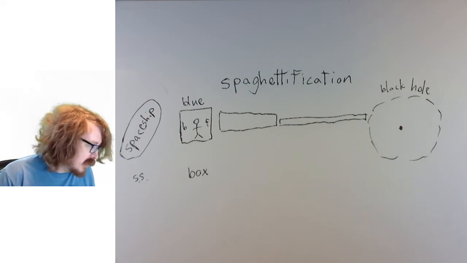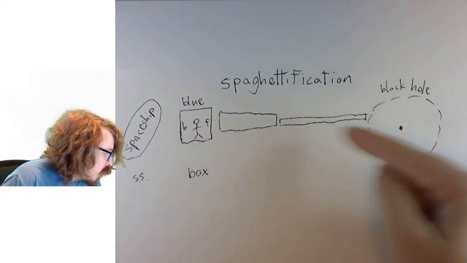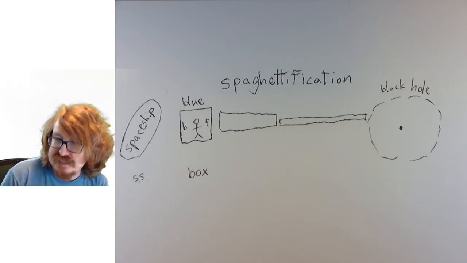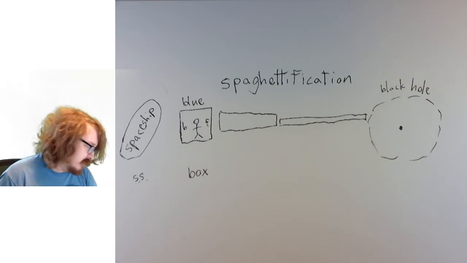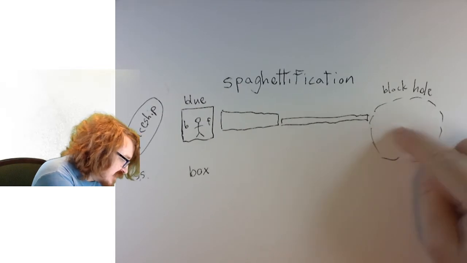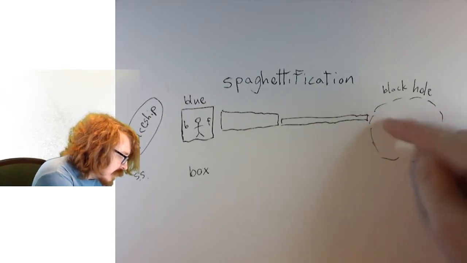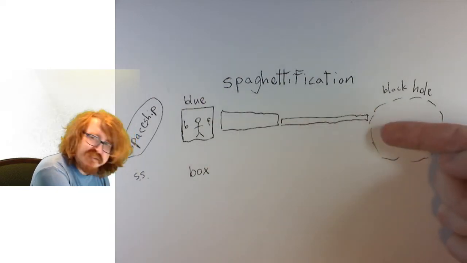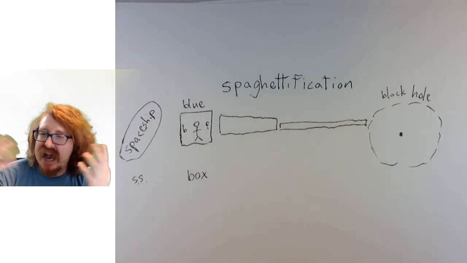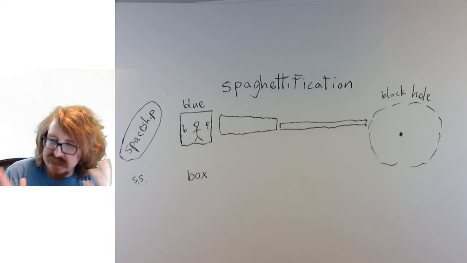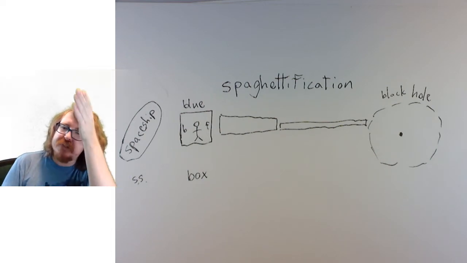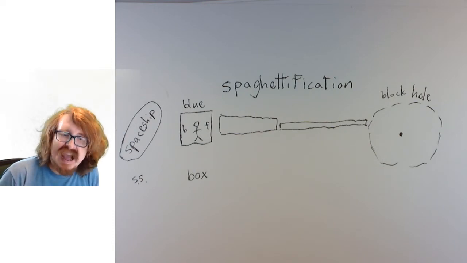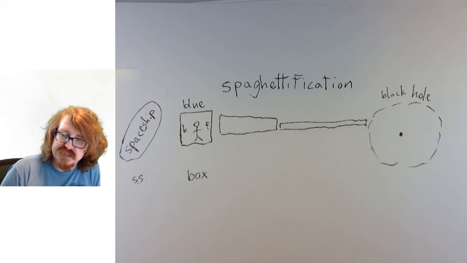Cool. All right. So he falls into the event horizon. Technically, his pieces fall into the event horizon. He would still not be able to see the singularity. If he looks back out, if he's in the event horizon and somehow not dead, and somehow his brain was still working, would he be able to see out? Yes or no? Would he be able to see out of the event horizon?